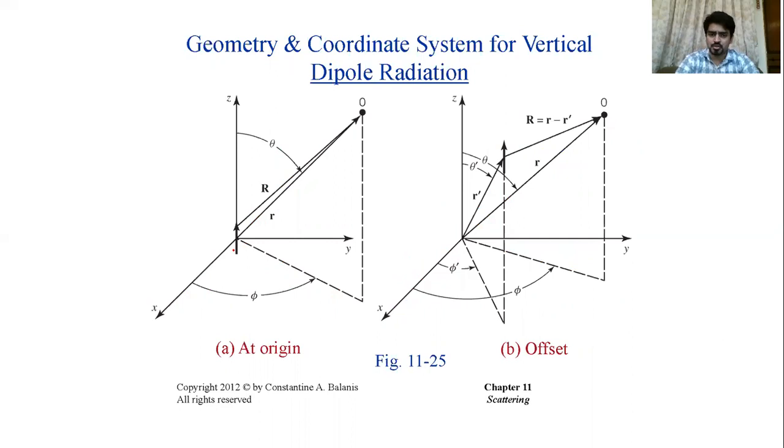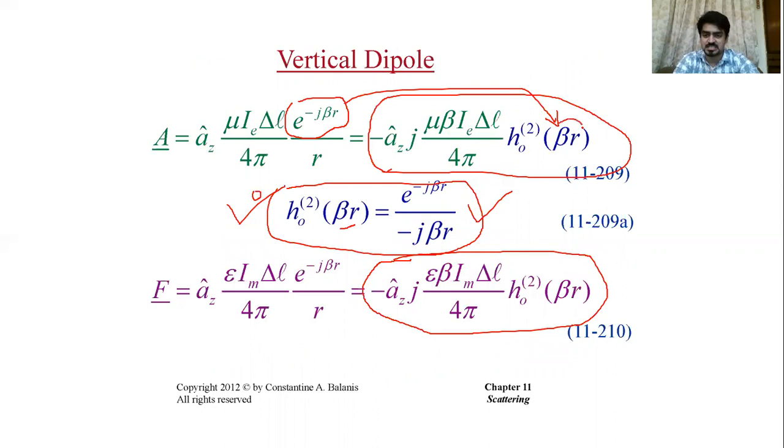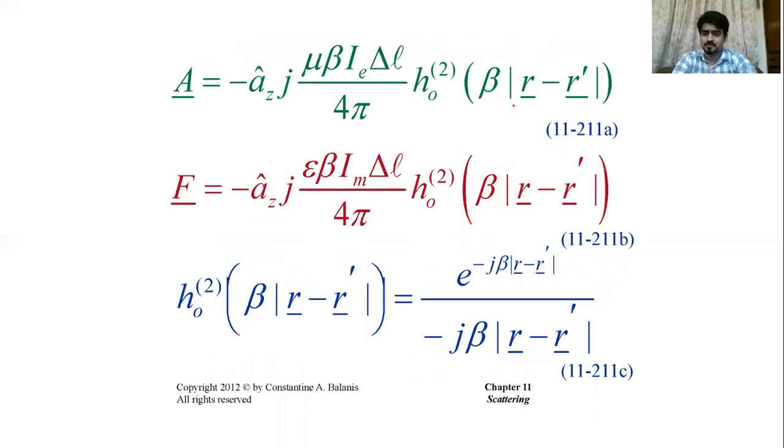Again, now we will shift our radiating element from the origin to some offset coordinate point, that is at r prime, theta prime and phi prime. So now we have displaced our radiating element from the origin to some other point in our observation region. We went through this step even when we did scattering from the cylindrical structure. We will simply change the argument of the Hankel function.